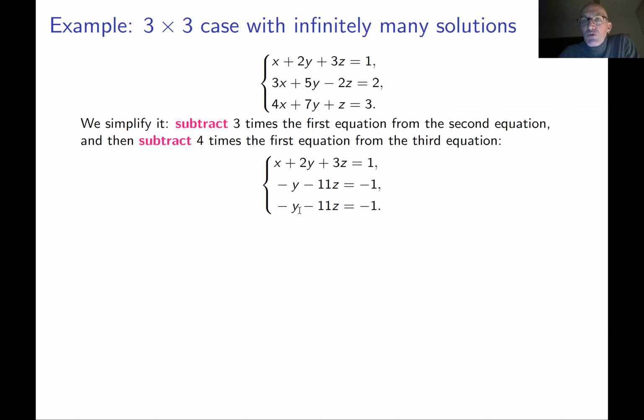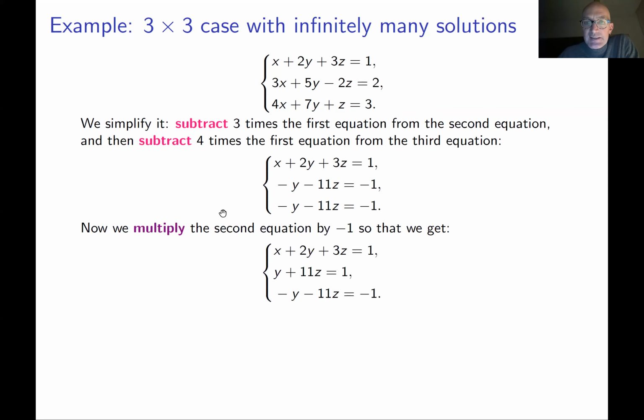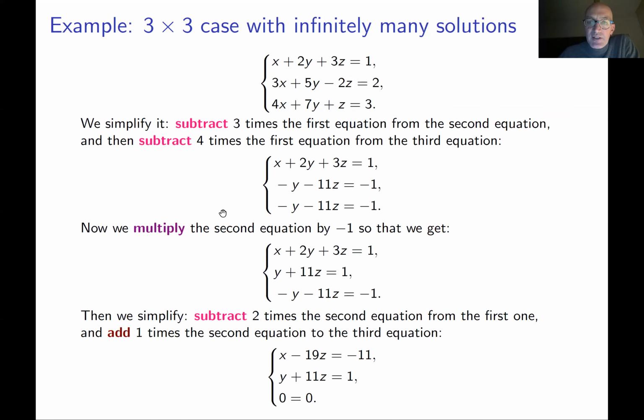And already at this point, you see that these two equations are the same. So basically, one of them is redundant. We don't get rid of it immediately. We can actually keep simplifying, and you get this system of equations, which is clearly simpler than the original one. But again, each of the steps is just a simplification of your system of linear equations.